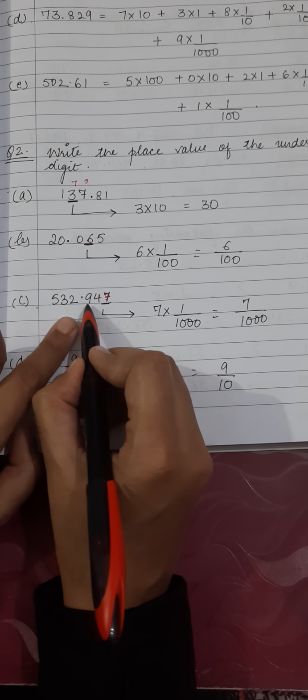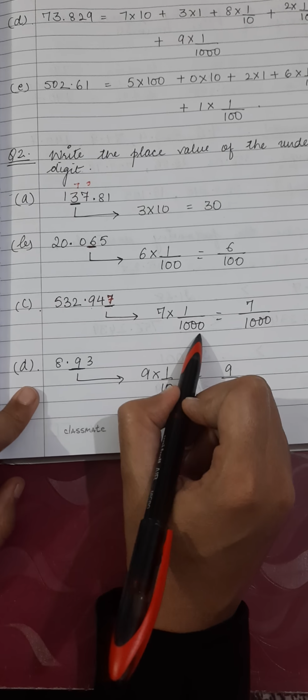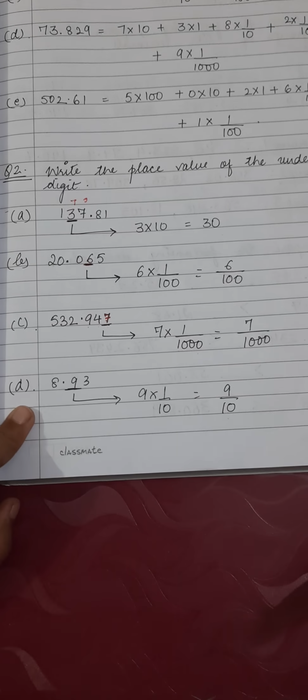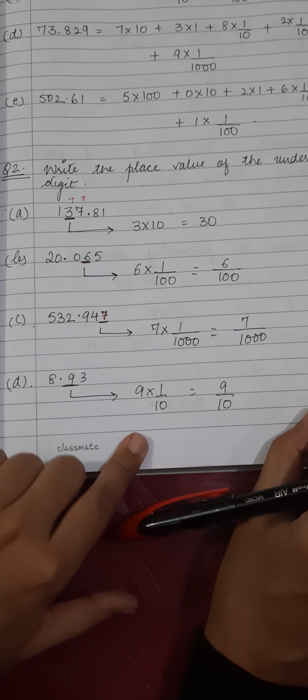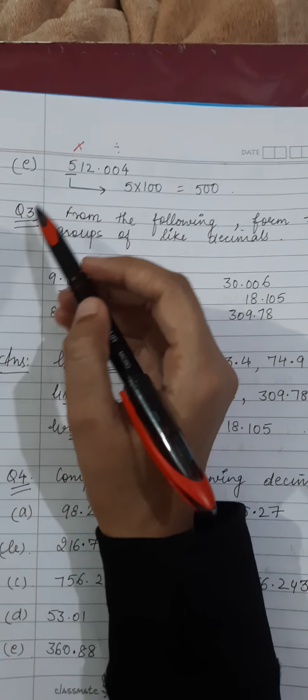After the decimal, this is 10th, 100th, 1000th. So 7 I will multiply by 1000, and that is going to give me 7 upon 1000. D part, you will try by yourself. 9 you can see at the 10th place. Multiply it with 1 upon 10. And similarly, E part is